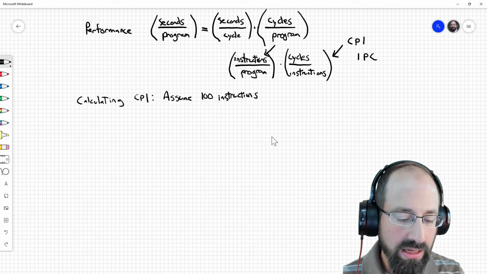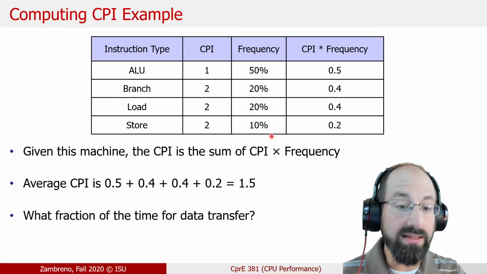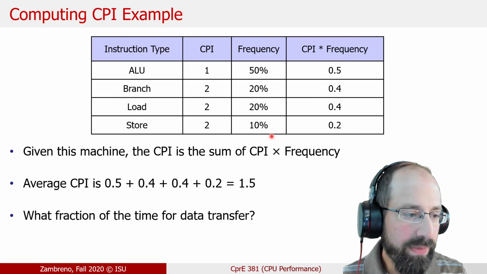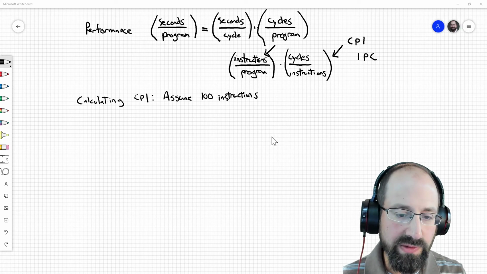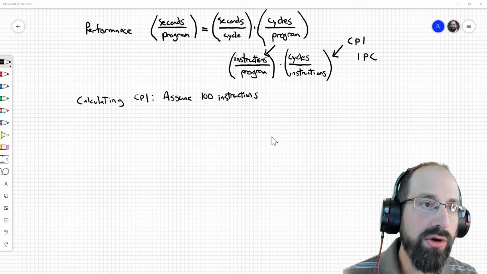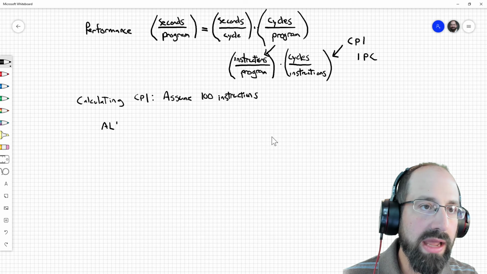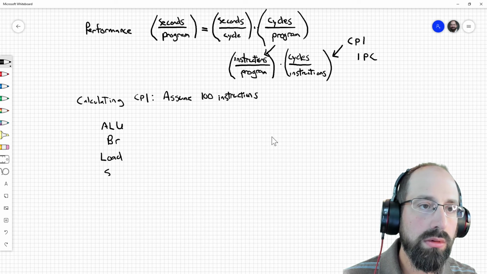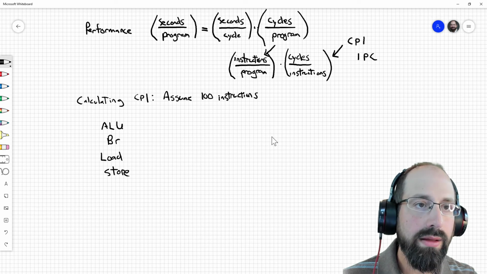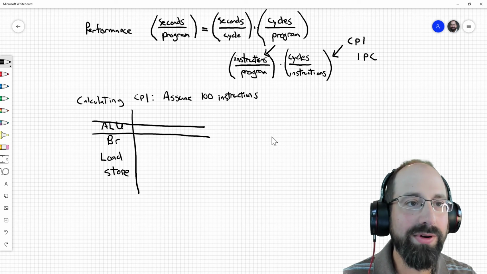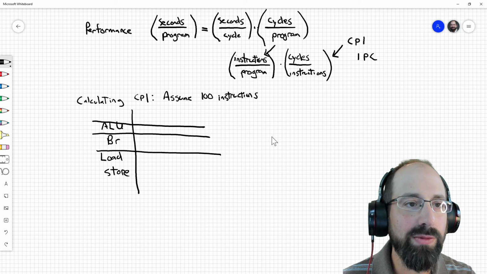But for me, this is a much easier way to reason about the question than worrying about the percentages in and of themselves. So the textbook chart will give the frequency of that, but instead we could just break that down now in terms of actual instruction count. So for the ALU, we have the four categories in that example. There's ALU, there's branch, there's load and store, and the book gave it, or the slide gives it in terms of